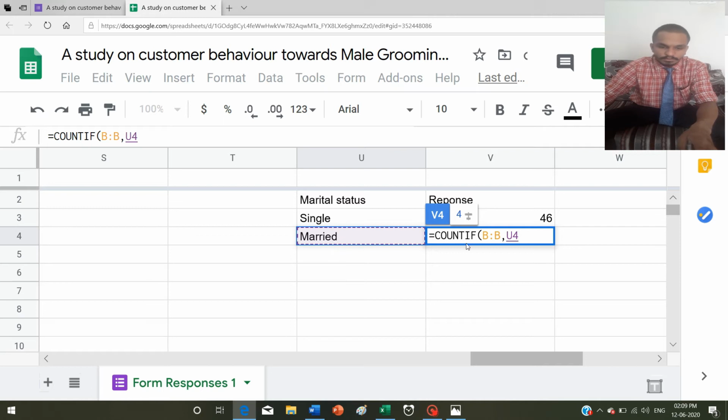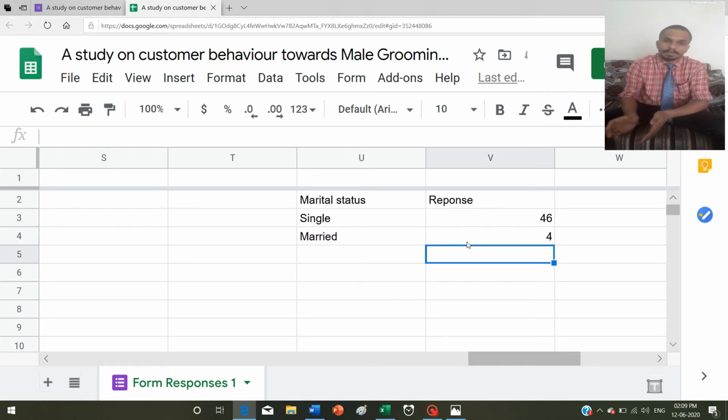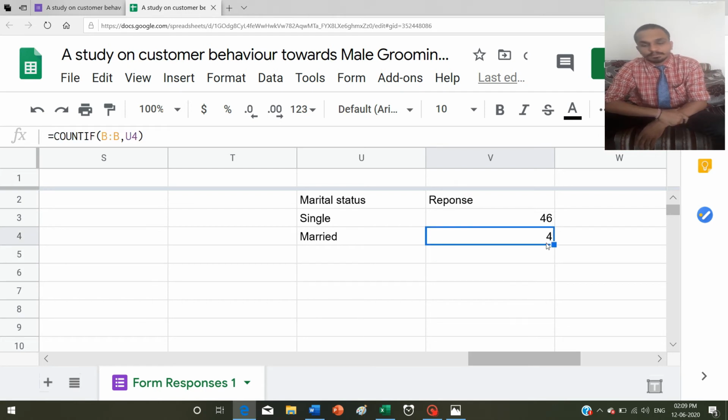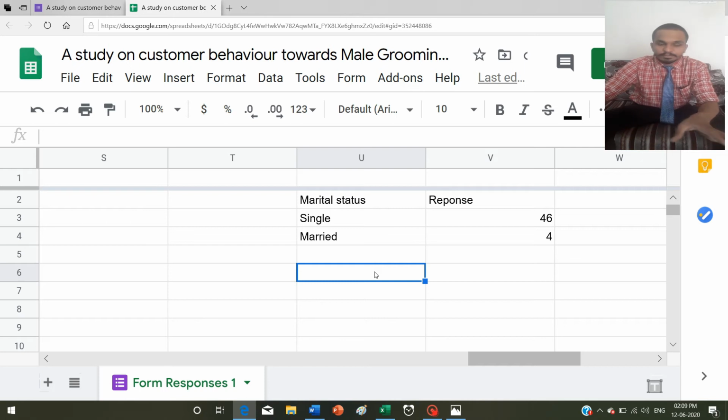U4 shows, from U2, U3, U4, it's married. So my criteria is married people. From that marital status, I need married responses. Who were the people who were married? Then I press enter. It shows 4 were married. 4 people were married, from that 50.